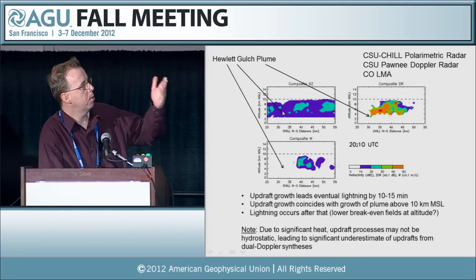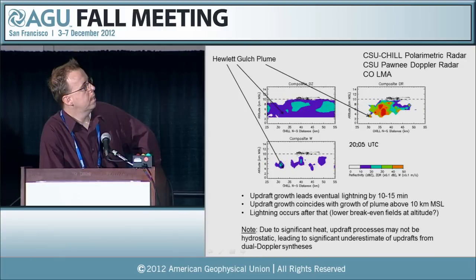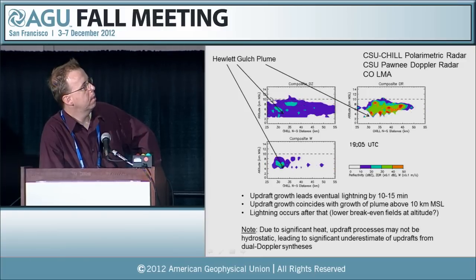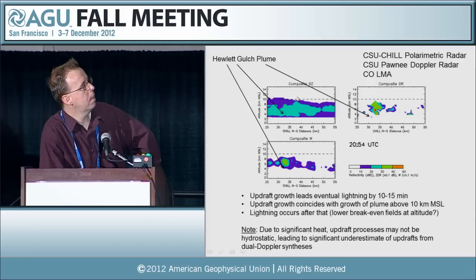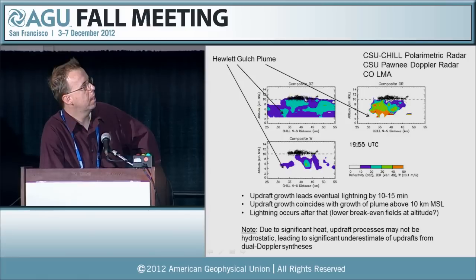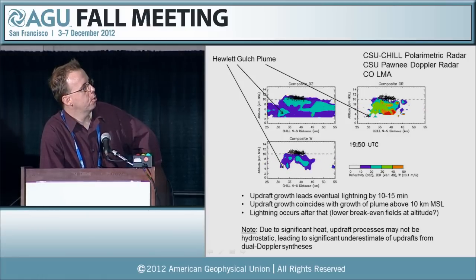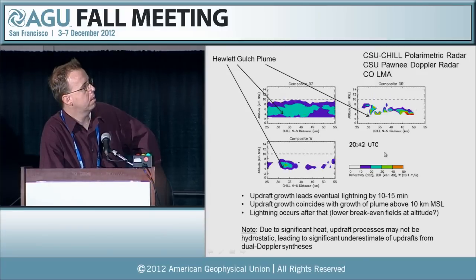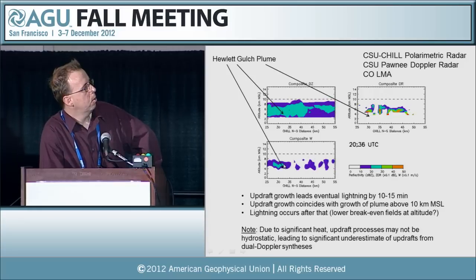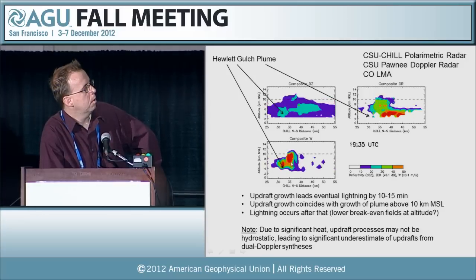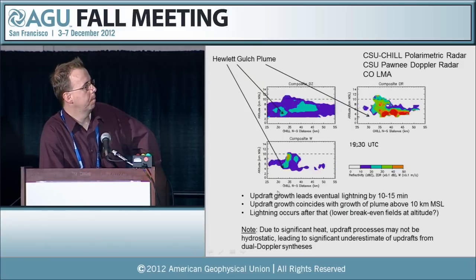Now we project things vertically, going from south to north. You see development. This is a 10-kilometer MSL line, over about minus 40 degrees Celsius. You see development of the plume above that line, and that's when you get the lightning sources, and they're all very high altitude. The differential reflectivity is a little bit reduced up there, below 1 dB. And then with the vertical velocity, you get development of the vertical velocity, and then the lightning occurs shortly thereafter.